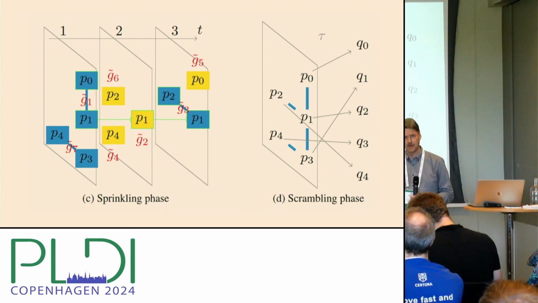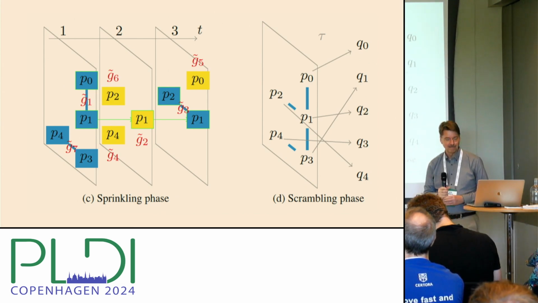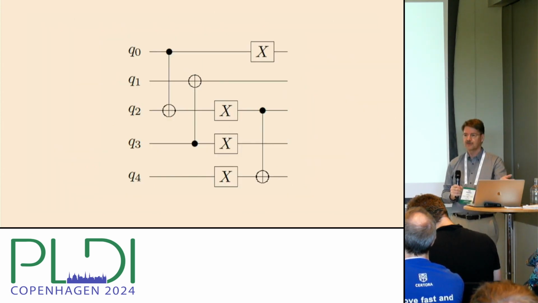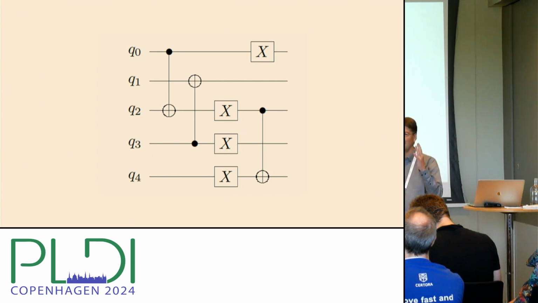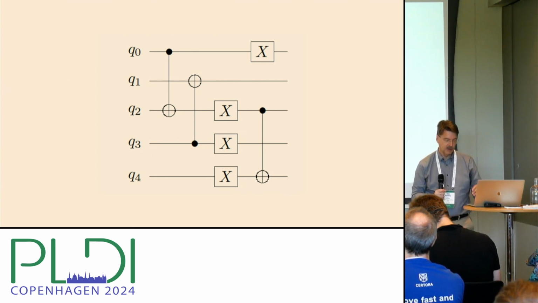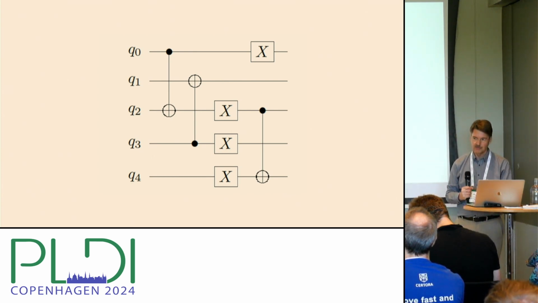So of course, what is that? There's a whole bunch of different scramblings you can do, right? There's math that sorts this out. And so at that point, what you get is, in this case, there's the circuit. Give that circuit to a compiler we have in front of us, and let's see how well it does. So this paper here was published in 2020, so I think we should redo all their